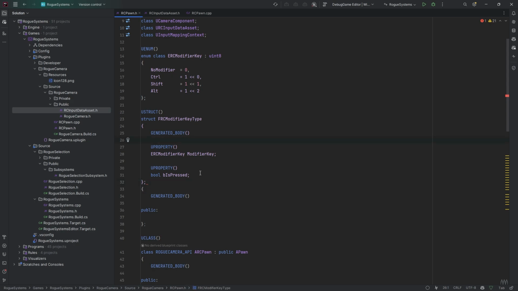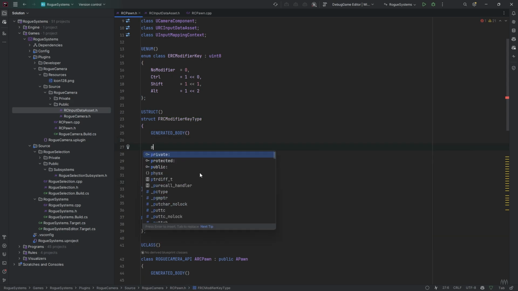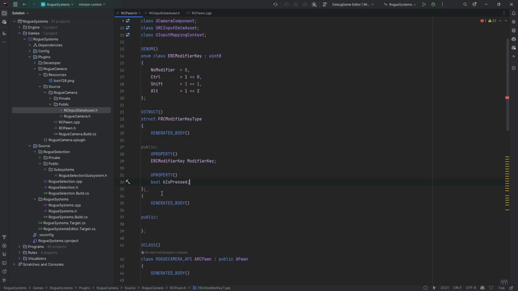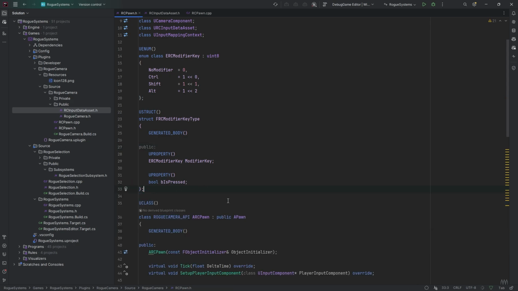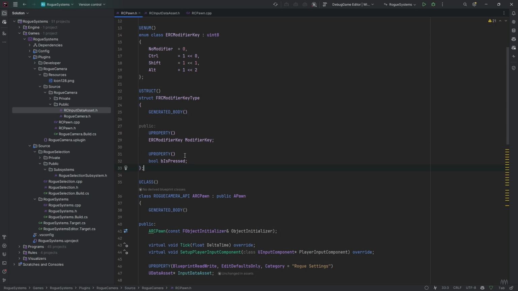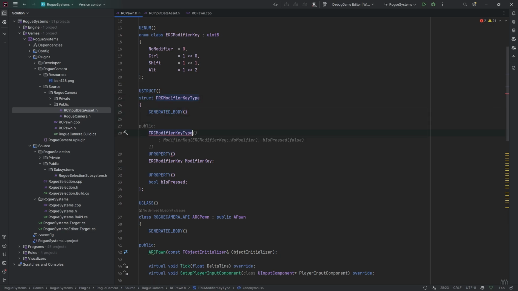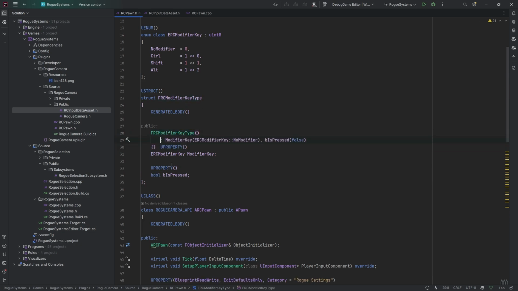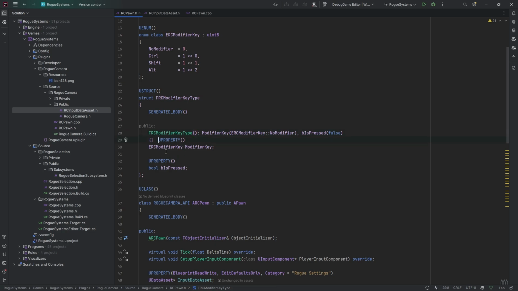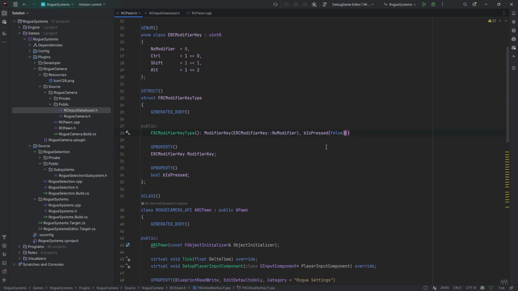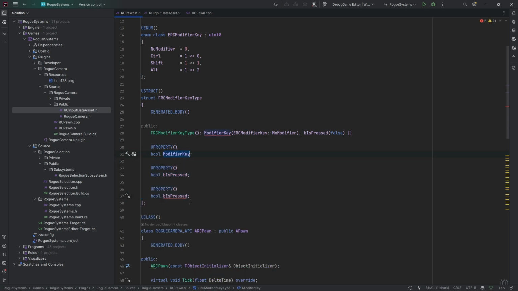So that's generated that for us. You don't need this because it's public by default, but I like to have it in. So now we've got multiple in this, so we're not just going to have the one. And I want a constructor, so I can create a default. And I'm going to have, this will be bool and bool. Actually, we need 3 bools, and they're going to be,